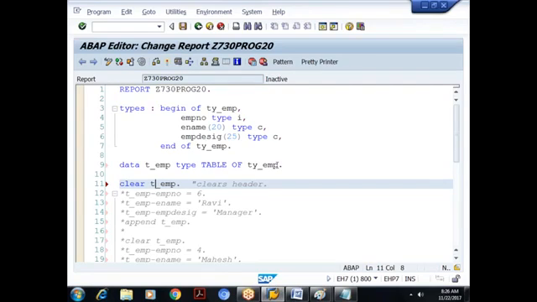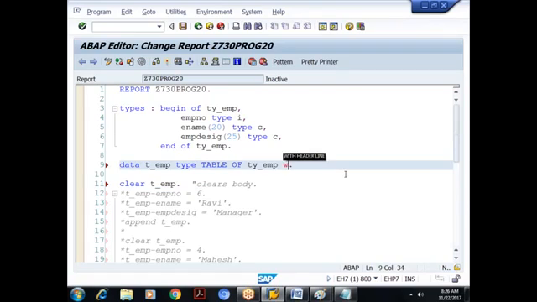Does it have its own header? No. So what happens now? It clears the body. Yesterday only I told. If the internal table doesn't have header, the clear statement will clear the body. Am I clear?